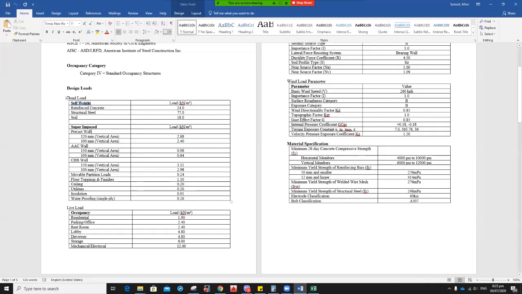For the AAC, we didn't consider any AAC, so just delete this one. Don't need this one. For the CHB, we will be considering certain parts to be CHB. So, okay, we can retain the AAC and the CHB so that we have an open option on which wall we can use. So primarily we'll be using that one in this portion. If you remember,